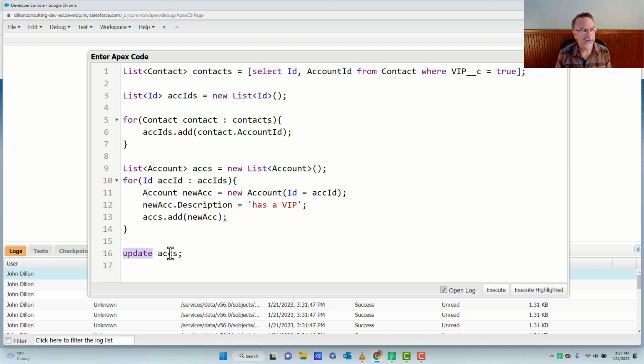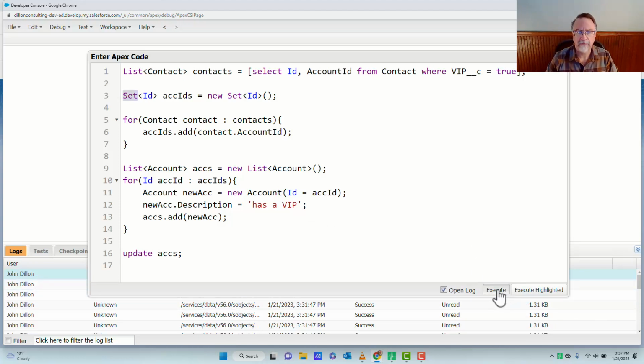If, for instance, we had different descriptions on the two different objects, it wouldn't know what to do. So a very easy fix to this is to say, well, instead of working with a list, we're going to change this to a set. That way, as we collect these IDs, we know we're not going to have any duplicates. The set object makes sure of it. And again, the rest of it stays the same. When we hit execute,